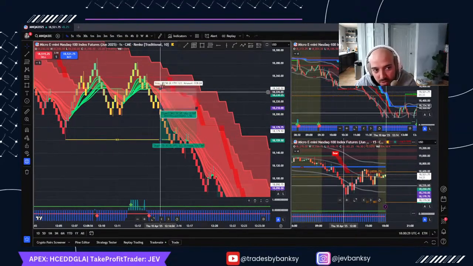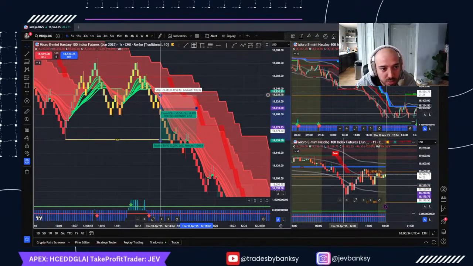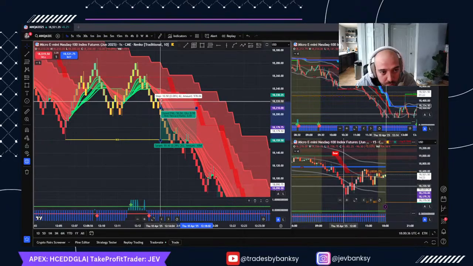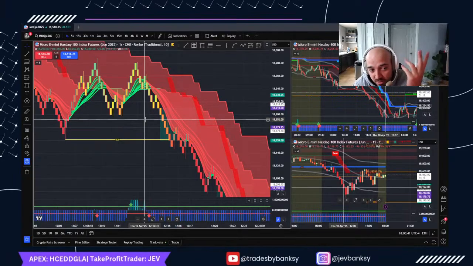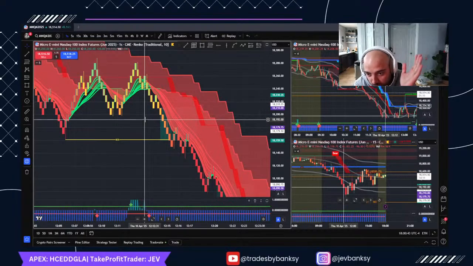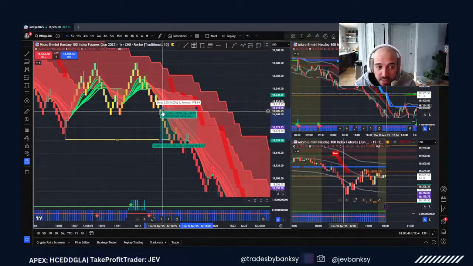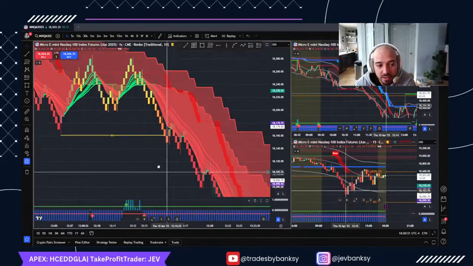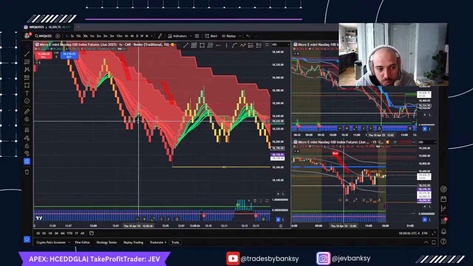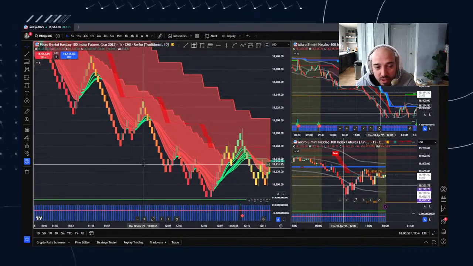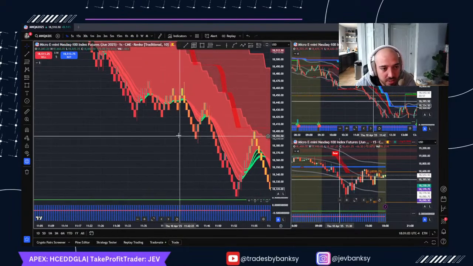This is about 5 boxes, so either way, first one prints, we move it up. So now we have a 2-box stop loss. Second box prints. Rather than, again, moving it up 1 box, we're moving it straight from there to break even. So 2 boxes with no partials is still going to be a break even. That is not changing, right? The only difference is that we're giving ourselves slightly more space in case there's like a 1 box move and then we get a pullback for a box and then we continue in the direction that we want, right? So, I guess the best example I can think of is